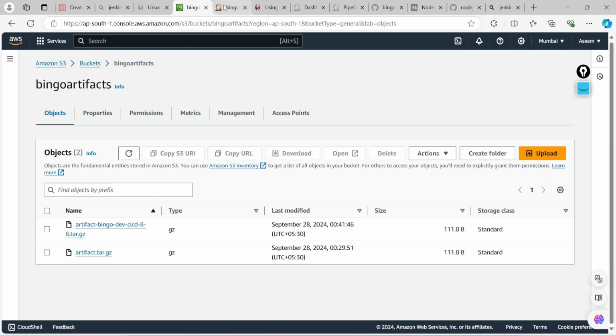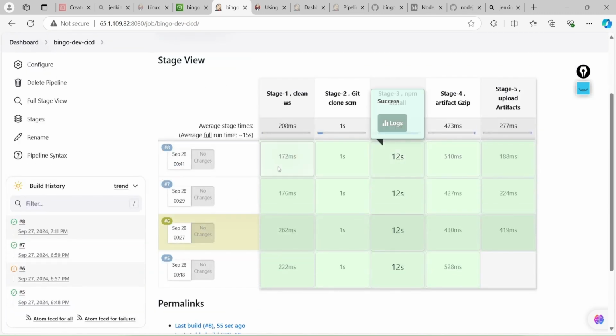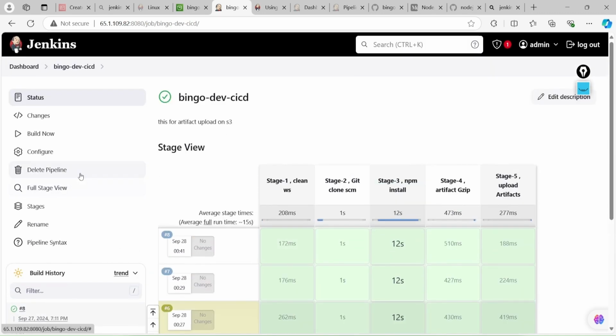Even you can add here the GitHub commit ID. For that you need to enhance more, right? What enhancement do you have to do? First you have to fetch the commit ID, right? Then afterwards you have to get that. For that use case, what we will do, just we'll go,